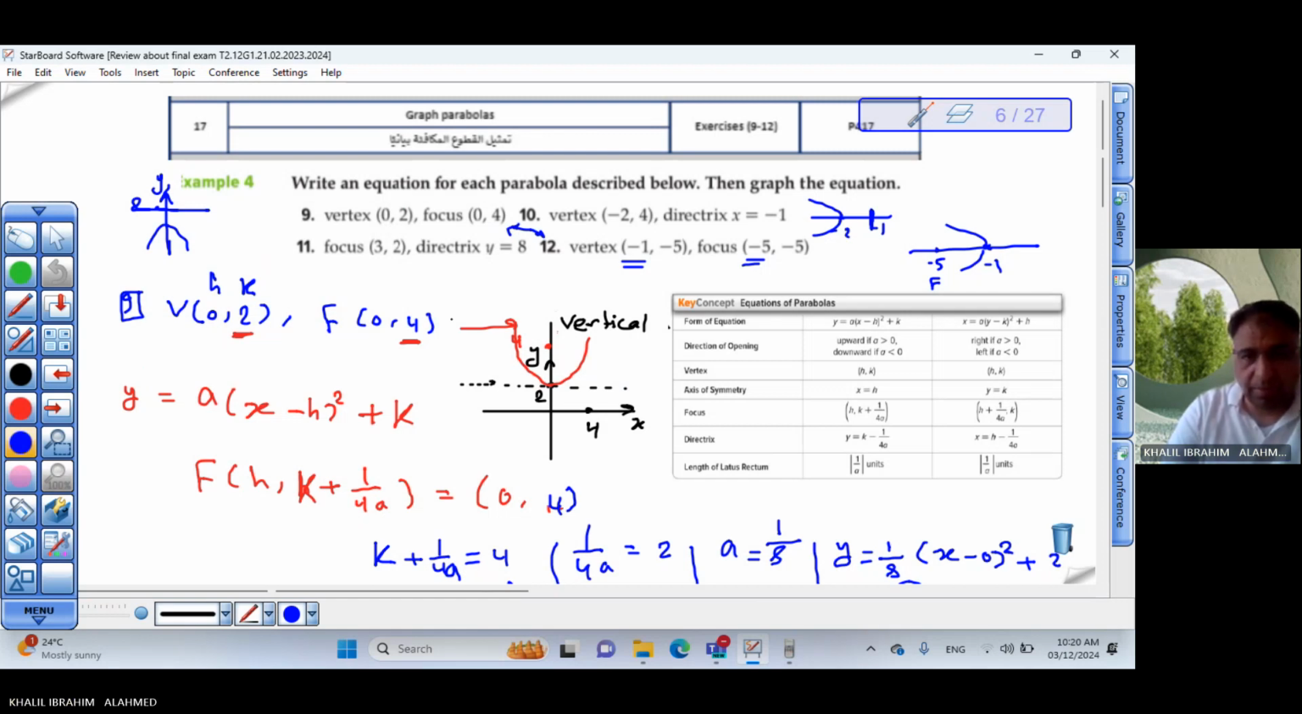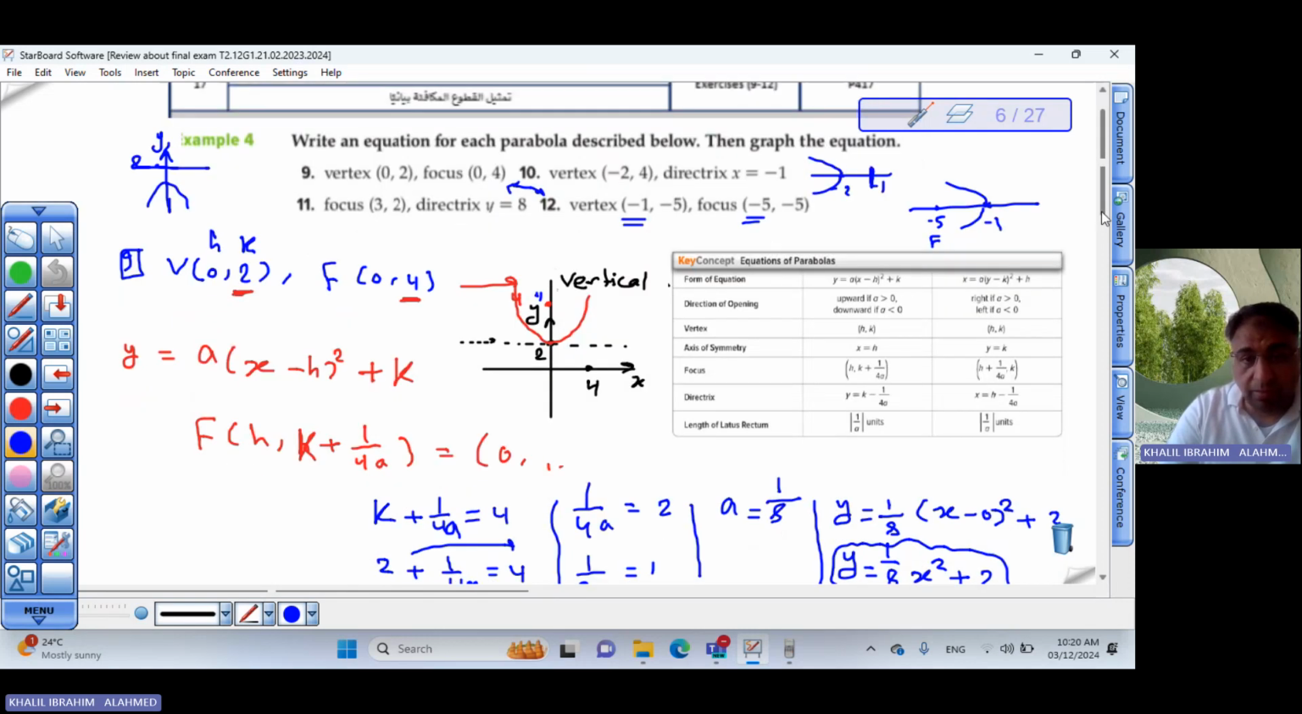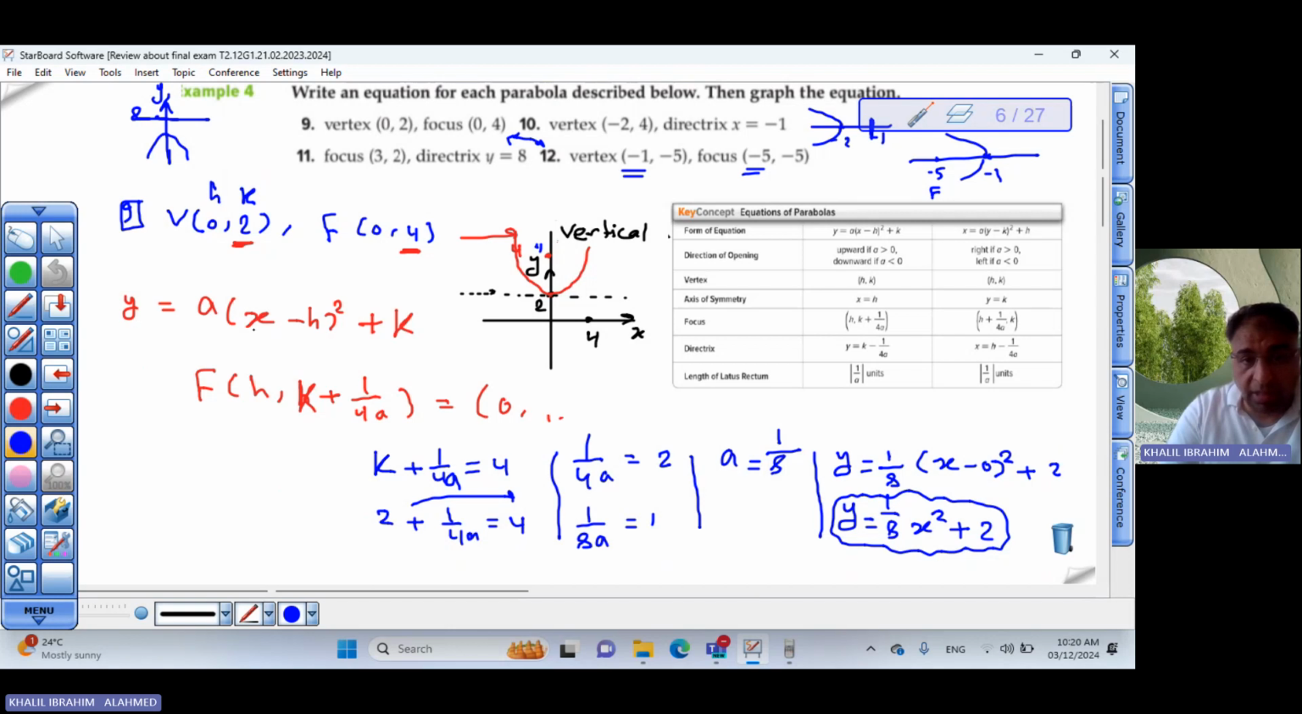Equals 2. Yes. As you see here, 0, 2. Okay. We can find the focus inside the parabola. This is the focus inside the parabola. This is 2, this is 4. Okay. Everything is ready. To find A, we need to determine H and K